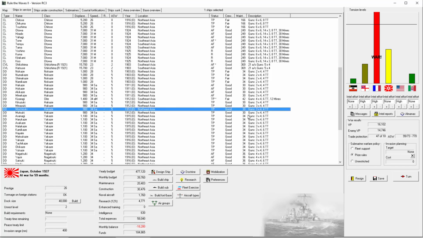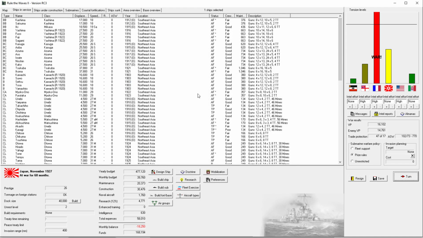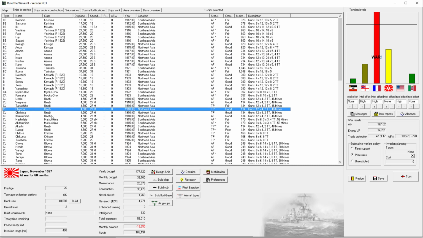Yeah. Well, you need escorts. I'm going to keep screaming this until I lose my voice: this really needs task forces. This screen here needs to have task forces. It absolutely needs it. I can't stress this enough, that you need a way to have ships working together. It obviously makes sense even for...